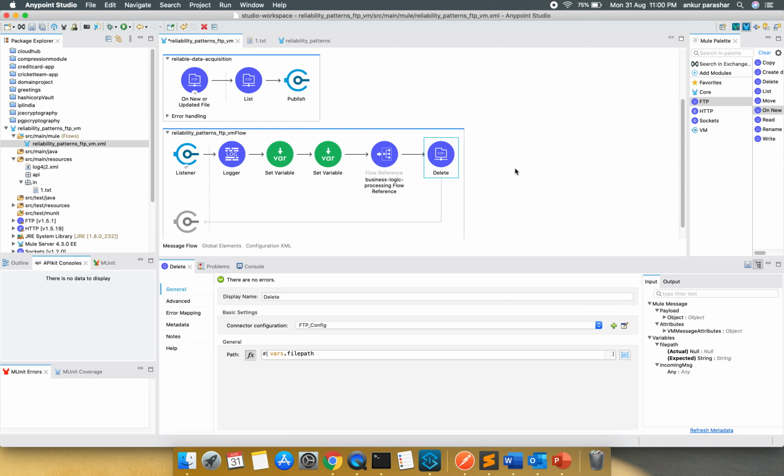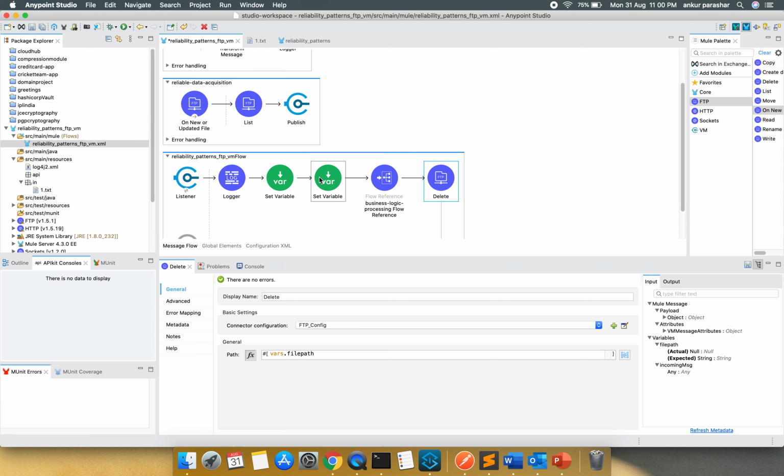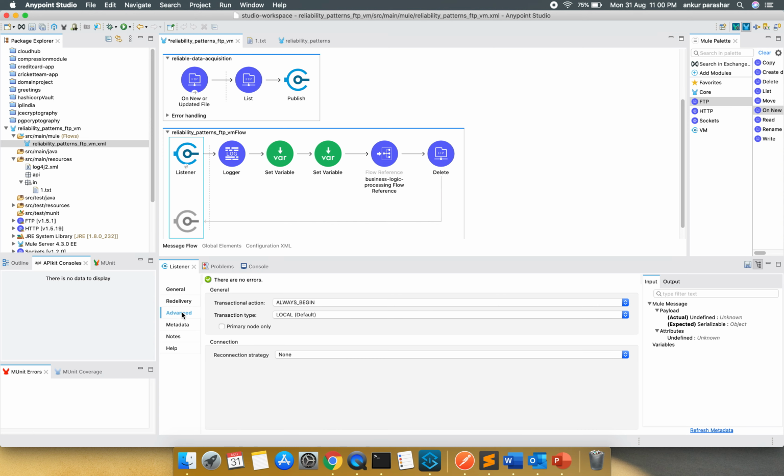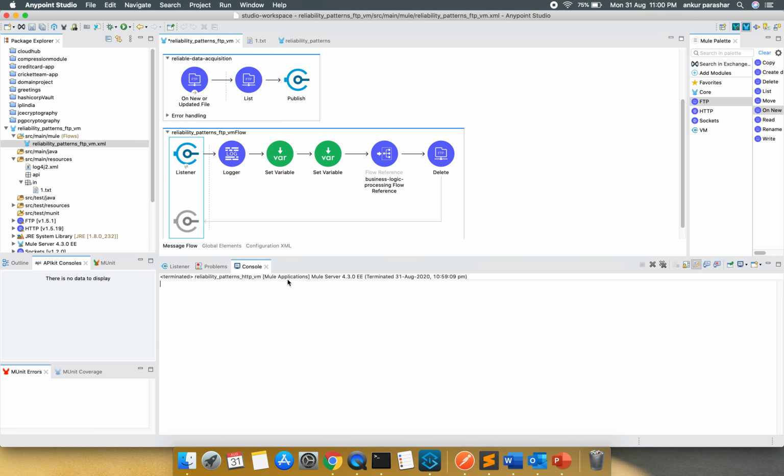This was mainly about FTP, and the nature will remain the same, because in the advanced settings I have used always begin. In case I had used none, then that repetition of the error would not happen, and the message would be lost.